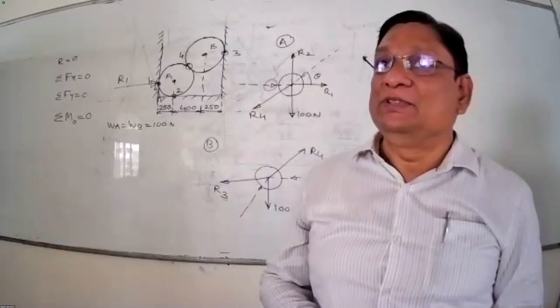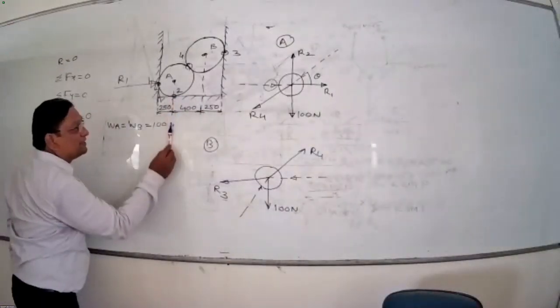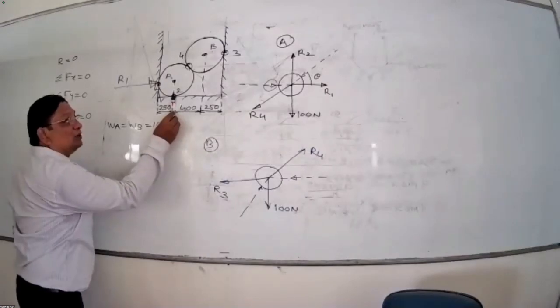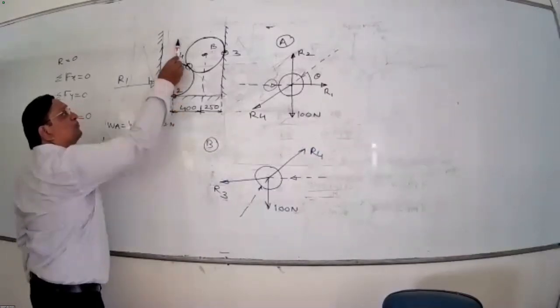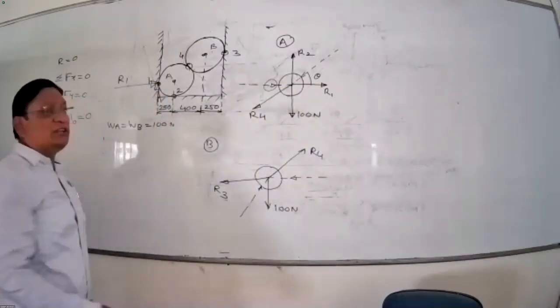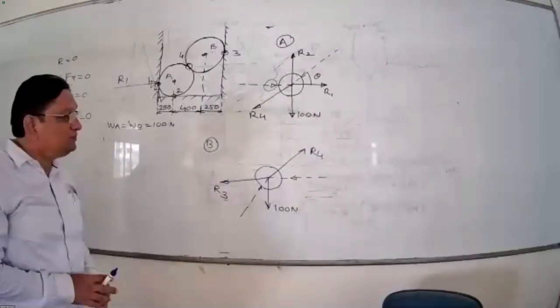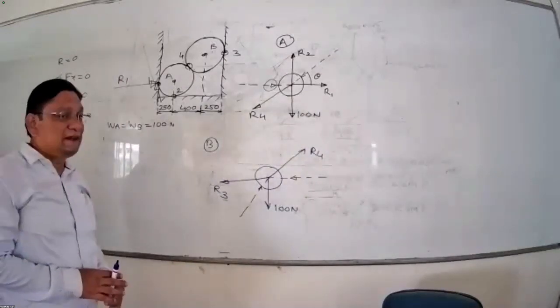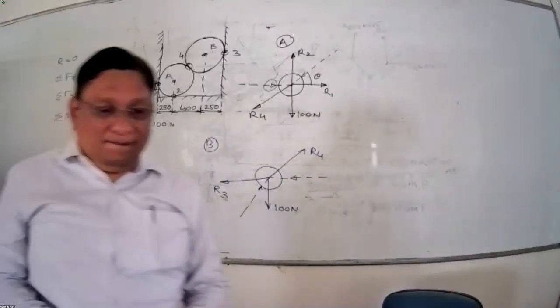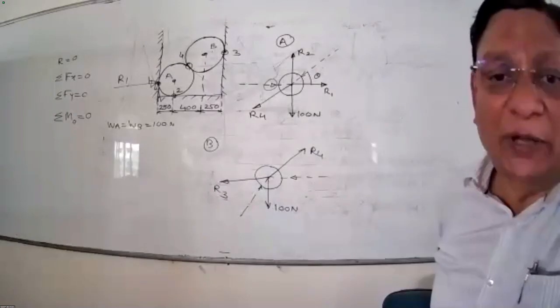This holds for all the forces here. Even R2. R2 is acting from the downward direction. This is the direction for R2. So in the same line of action, I can show it upward. That's why I am showing R2 acting in the upward direction. Same with R4. Anyone has any doubt here? Observe the free body diagram carefully. Today we will only discuss the free body diagrams. Its solution tomorrow we will discuss.